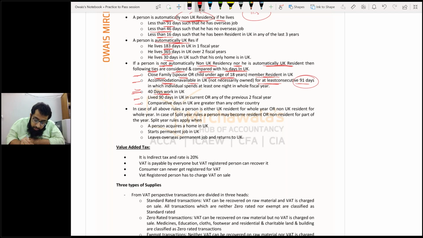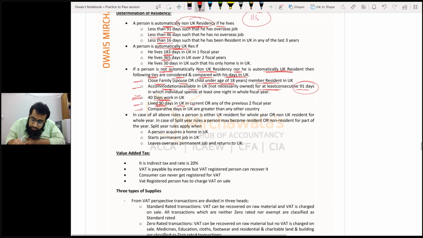Number 3, 40 days work in UK. No, Corey was not working in UK. Lived 90 days in UK in current or any of the previous 2 fiscal years. Yes, he planned to live 115, which satisfies the 90 days condition. Comparative days in UK are greater than any other country. Okay, now if you go and look at the question,